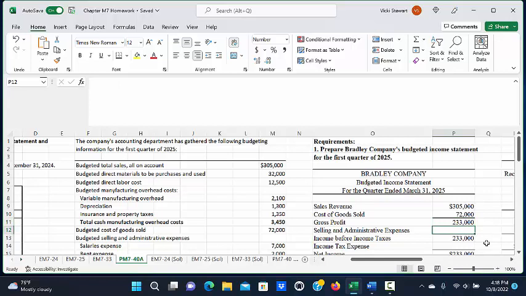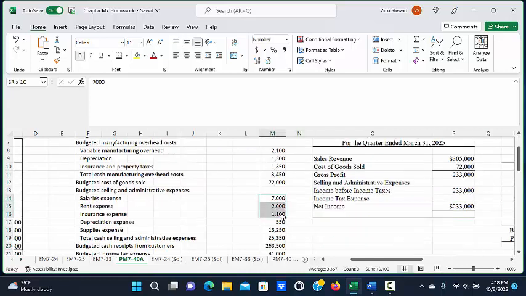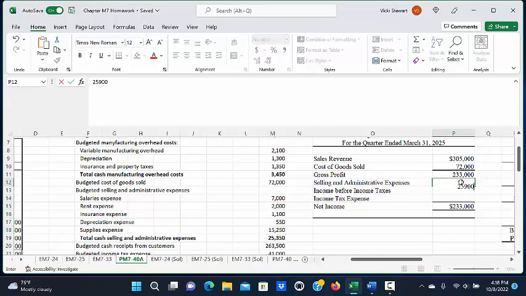$233,000. From that, we're going to subtract our selling and administrative expenses that were given in the problem. And if we take these three and add these amounts together, that gives us a total of $25,900 for selling and administrative expenses, which when we subtract that from gross profit gives us income before income taxes of